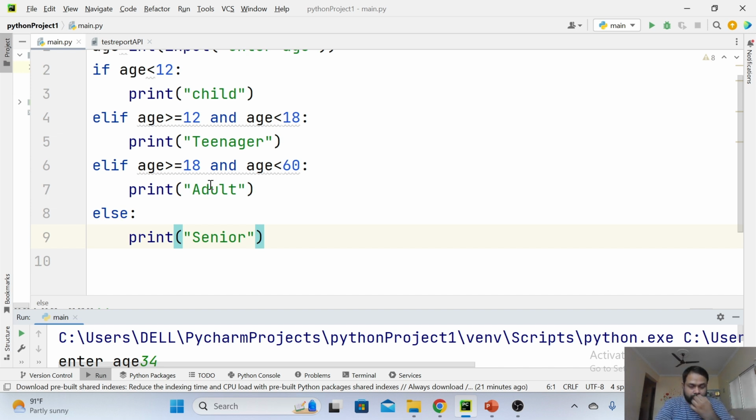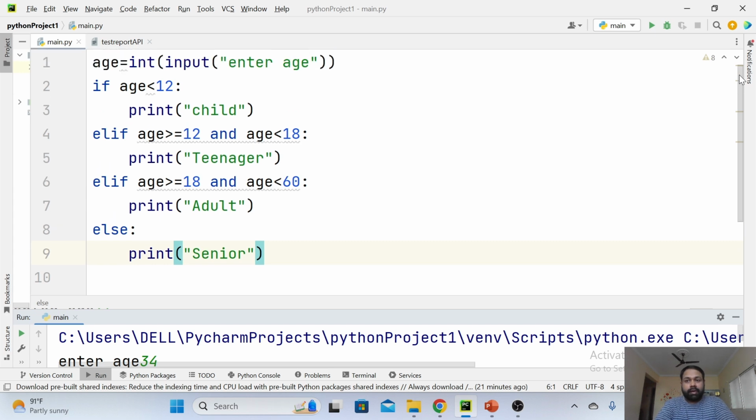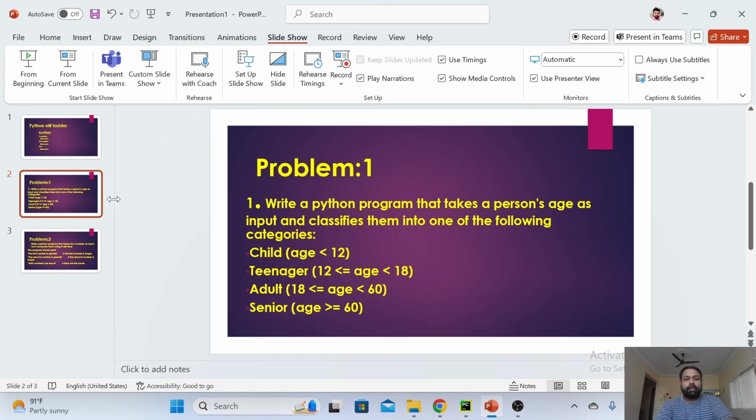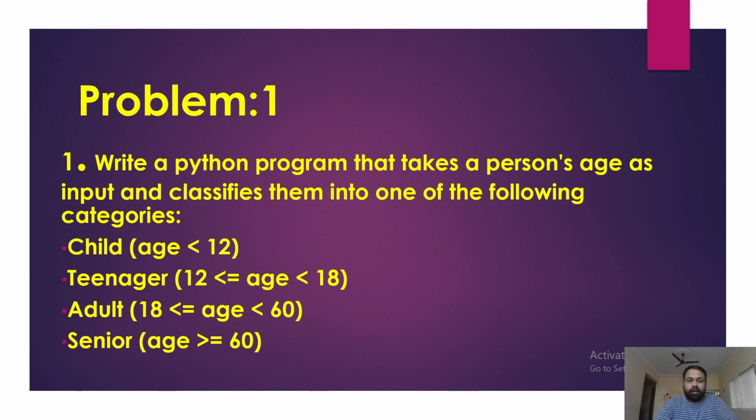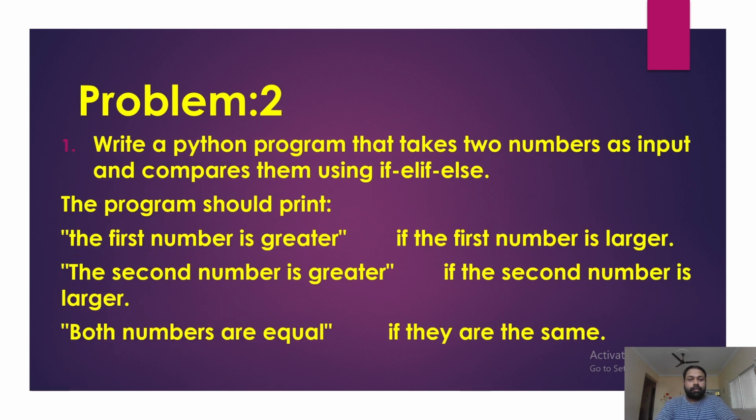And this is the first code. This is the code we wrote for the first problem. In this particular video, I am taking two examples to explain how we can use the Elif ladder. So now let us move to the second problem, where I have to write the code for